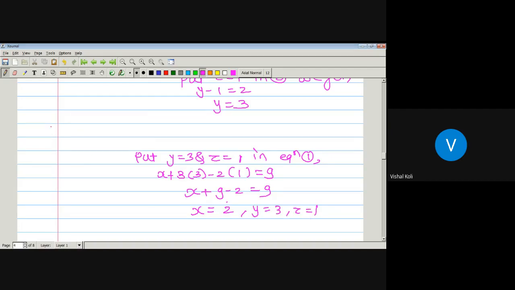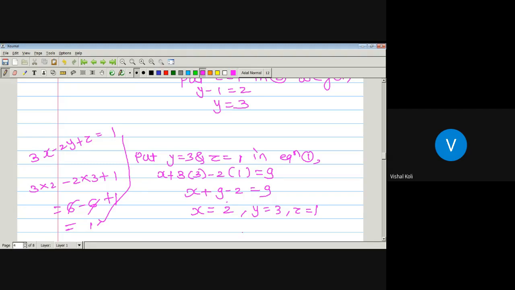Which implies our first equation is 3x - 2y + z = 1. We have to show this. Consider 3 into x, which is 2, 3 into 2, minus 2 into y, which is 3, plus 1, which is equal to 3 into 2, 6, minus 2 into 3, 6, plus 1. 6 minus 6 get cancelled, 1, and this will be equal to this. So it holds the given system of linear equations.